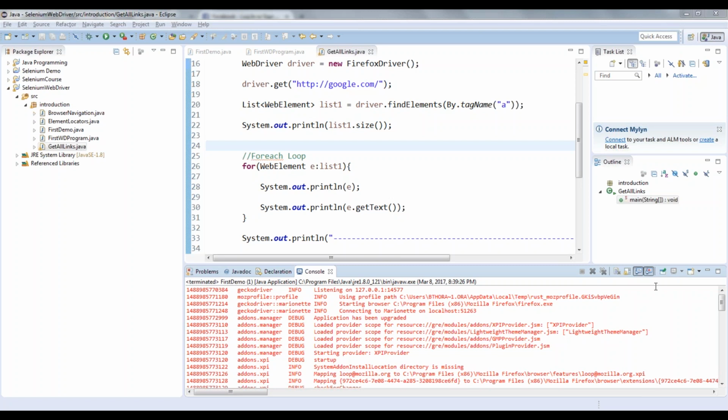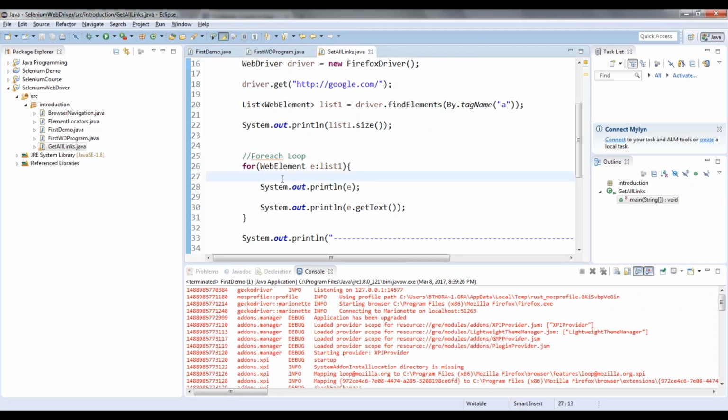It's the Firefox version you are talking about, right? For the old Firefox driver, it is not mandatory to write System.setProperty, right? No, it is not like that.